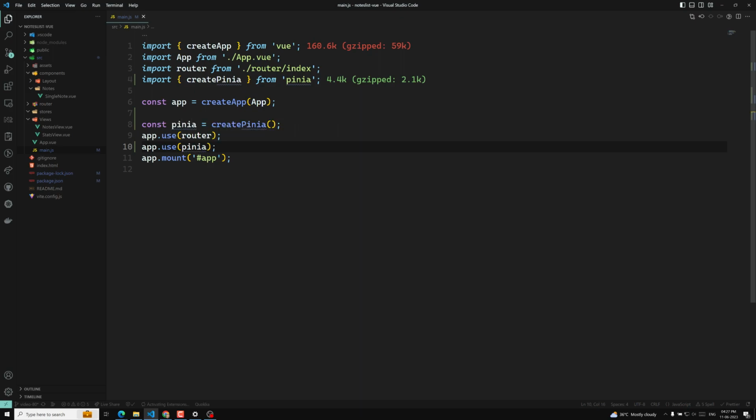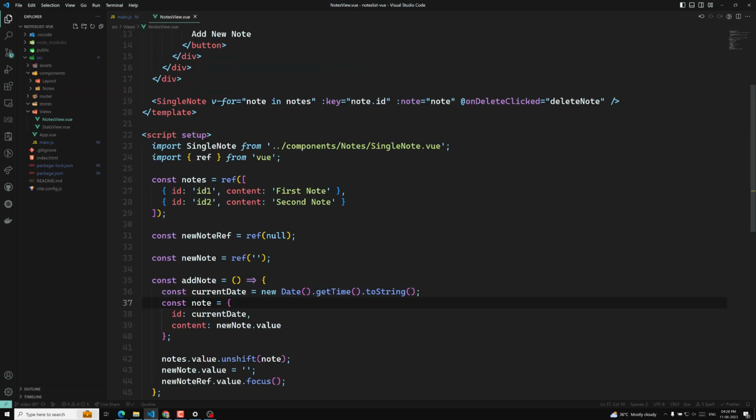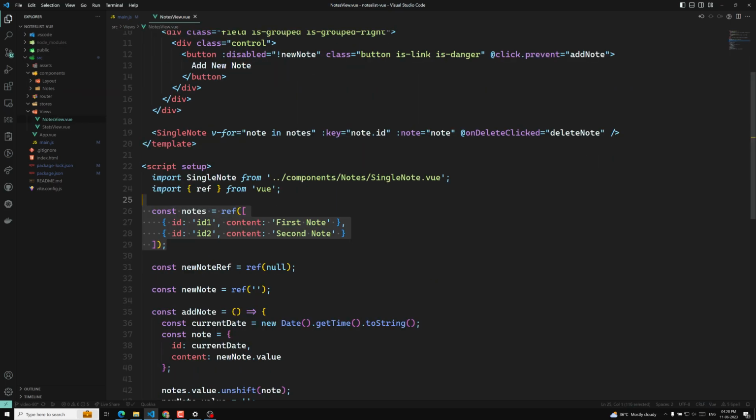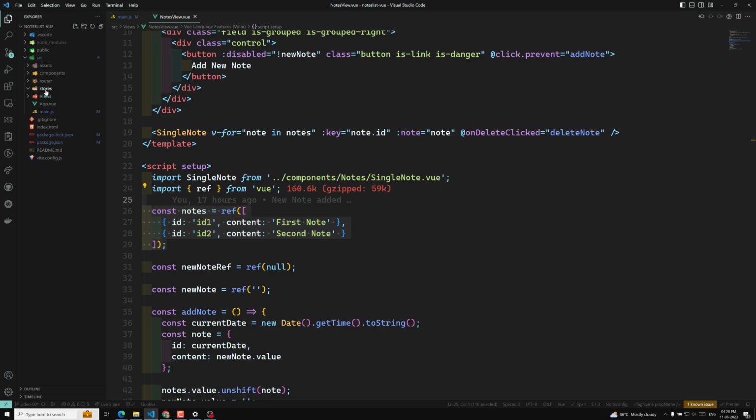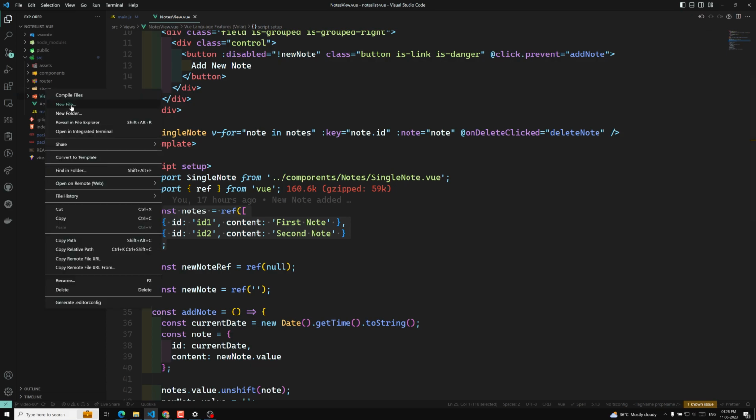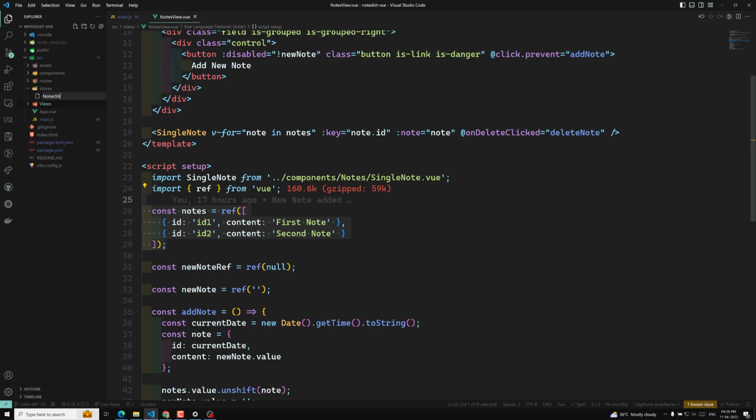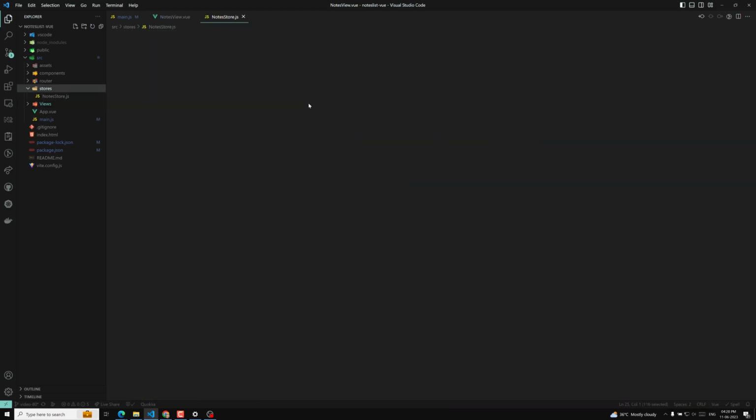Now what we need to do? Let's go to the nodes view. So this is the thing. Here these are all the nodes that are stored in the component, right? Now let's try to remove this and store it in the Pinia store. For this, let's create a stores folder. In this one I am creating a new file, that is nodes store. So this is the node store, and here we can have export const useNodesStore is equal to define